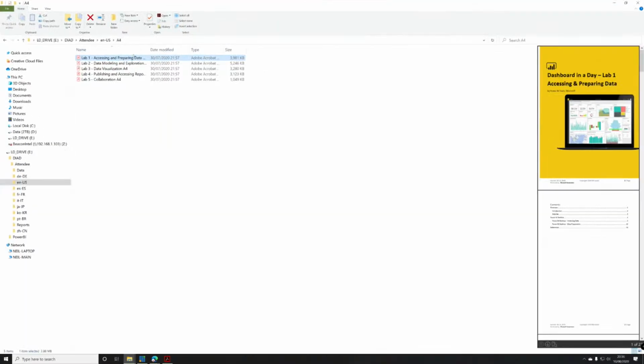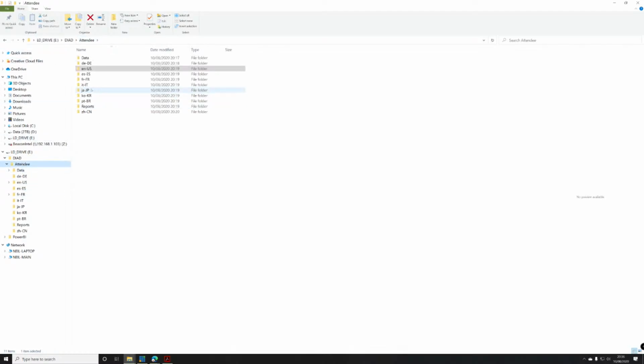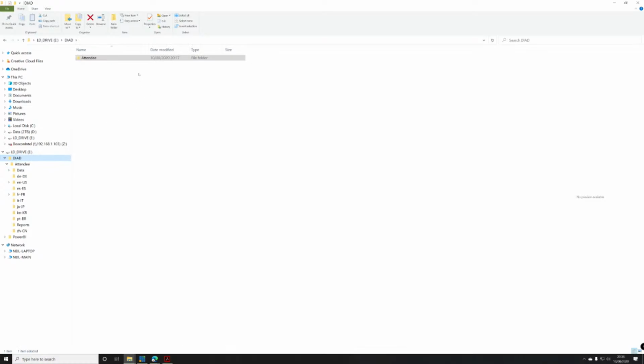I'm going to also zone in on the, let's go up a couple of levels. So this is essentially what you get. You get Dashboard of the Day and you get the attendee folder. If I expand that out, and I'm just going to make the screen a little bit larger, if I